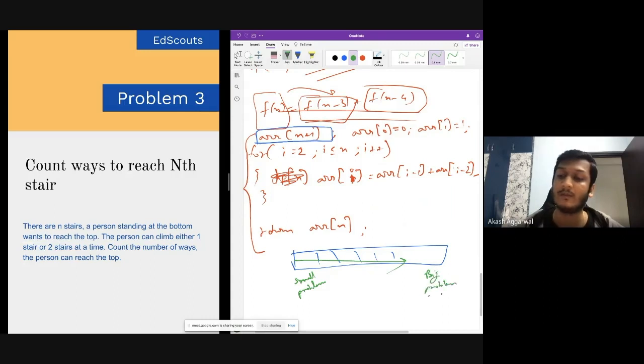We solve for the smaller problems first. He has to reach the nth stair, so let's find out the answer for the second stair, then calculate the answer for the third stair, then the fourth stair, fifth stair, sixth stair, and so on. And then we will calculate for the bigger problem. So this is the tabulation method.